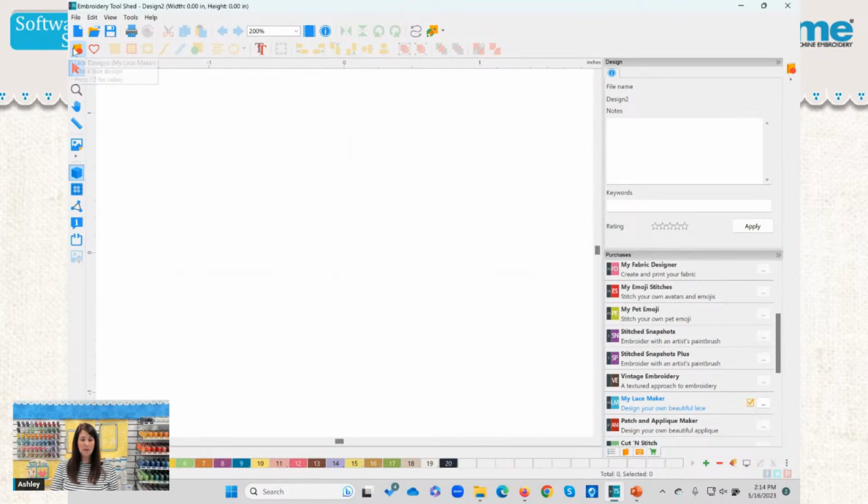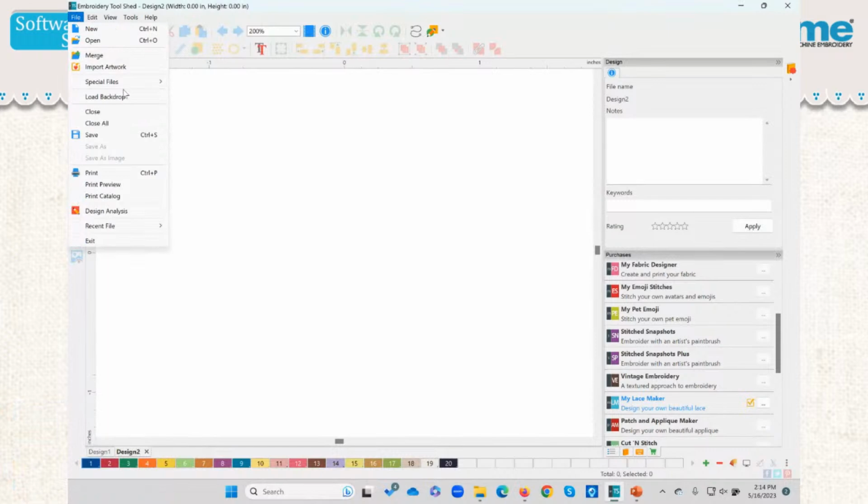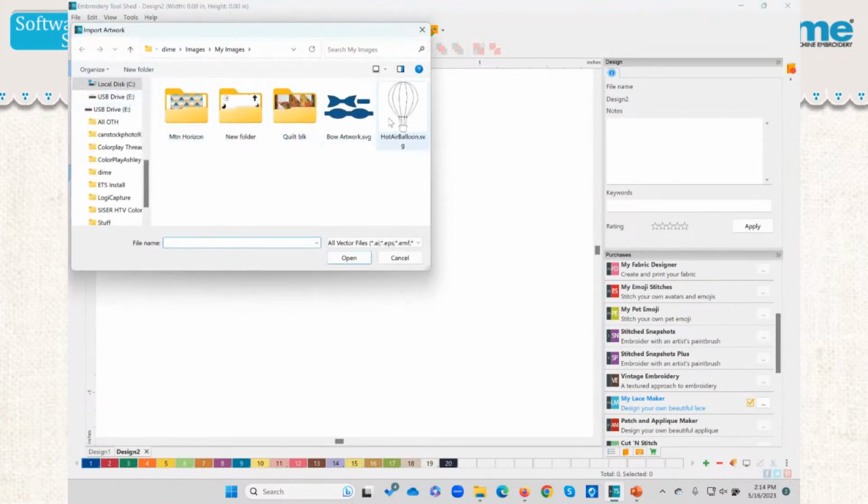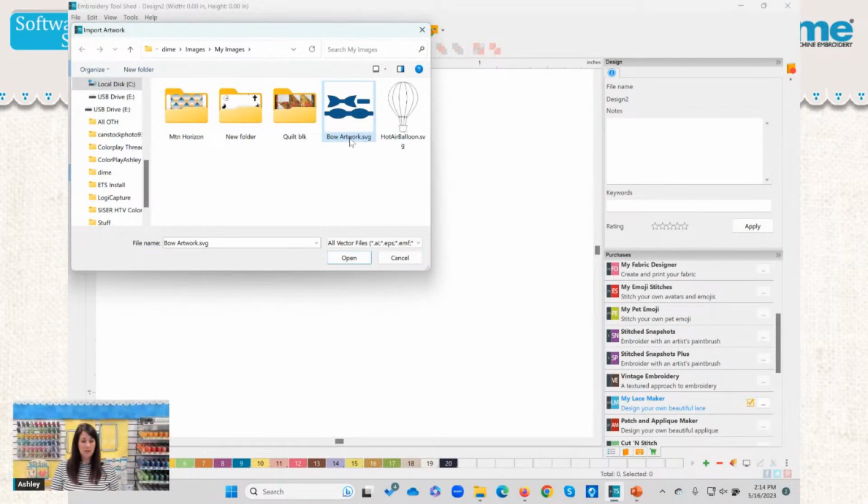The first is importing a shape. So I'm going to do File and Import Artwork. And I have a shape that I've already saved here. So this is a hot air balloon design that I found on the internet that was a royalty-free image. And this is a 3D bow that I have made before that is a cut file. You make it out of paper. But because I own the artwork file, I can import that into my software and then just convert that to